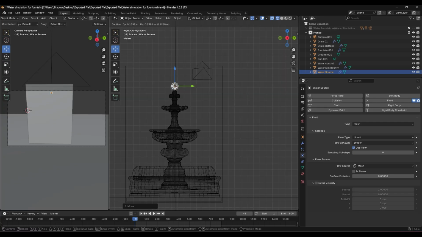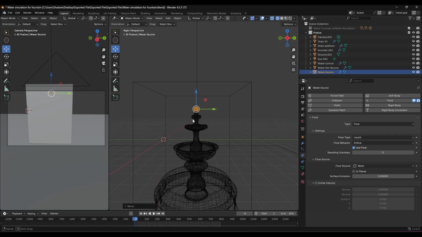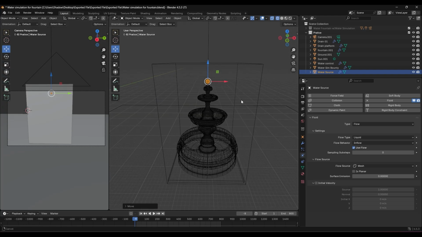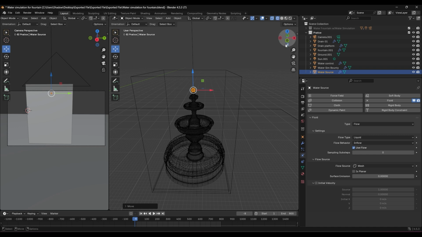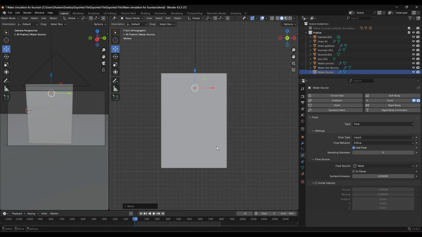So feel free to adjust the size as you want to control the water source or how much water comes out. And just in case you come across where the simulation isn't going correctly, or nothing's working correctly, then I would also recommend just start a new scene. I know that might be a little bit annoying, but sometimes it is needed, especially if you try everything, you have everything correct, and for some reason it's just still not working. So just go ahead and recreate a new scene, redo these steps again,